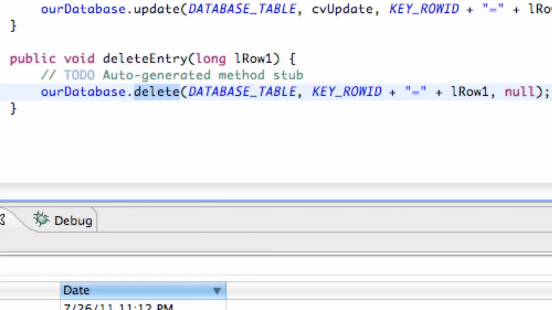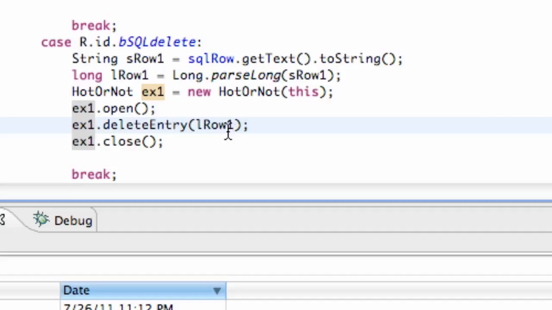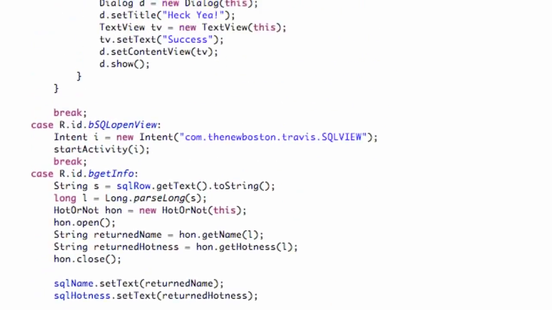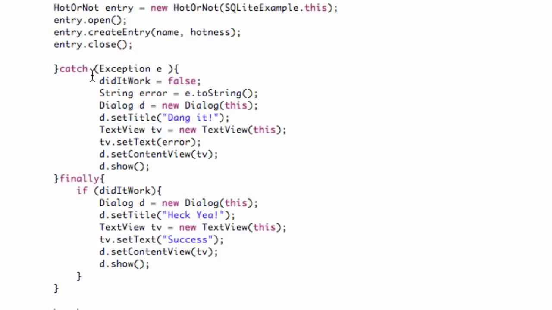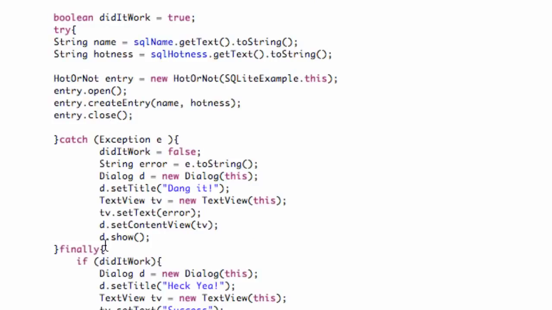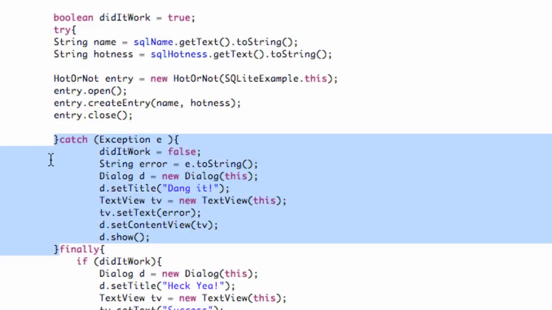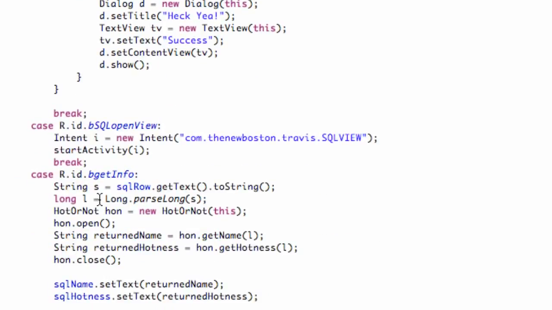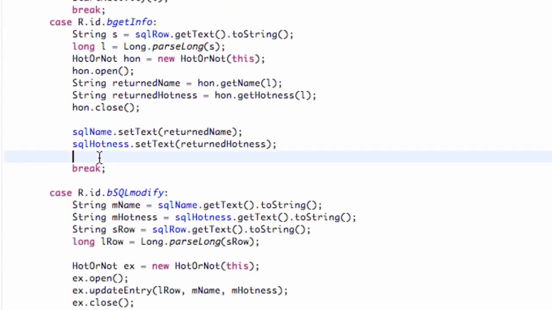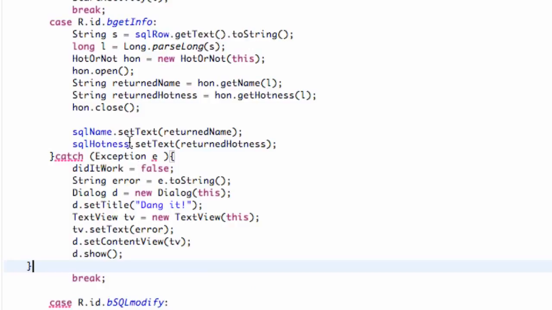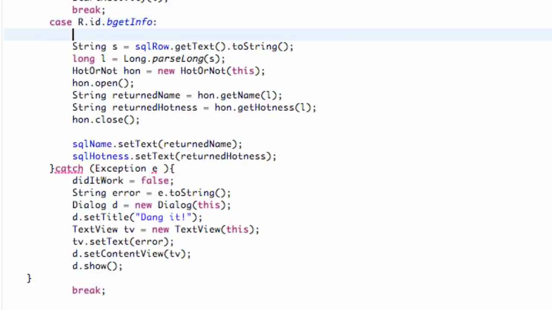So let's run our application. And actually, since we probably have some time, since that's pretty quick, what I want to show you guys again, we set up something here to kind of proof check everything. So what we're going to do is we're just going to copy this catch clause for update here and paste it for each one of our get information. For example, we're going to paste that there, and we're going to add a try bracket,